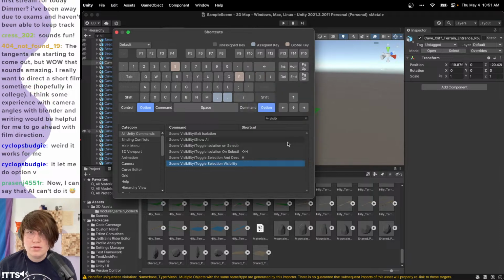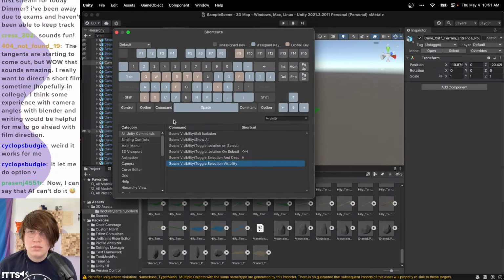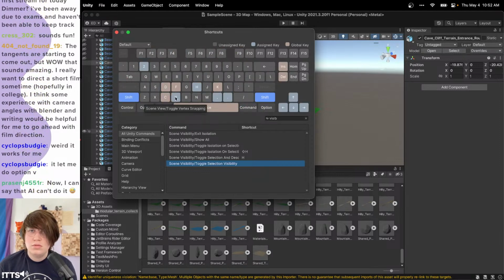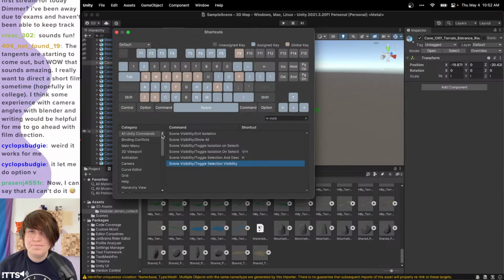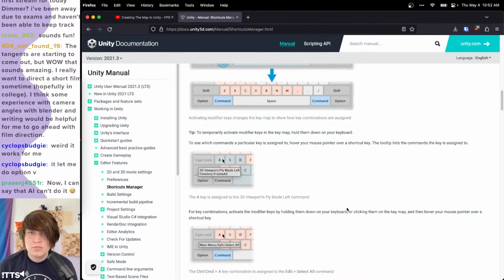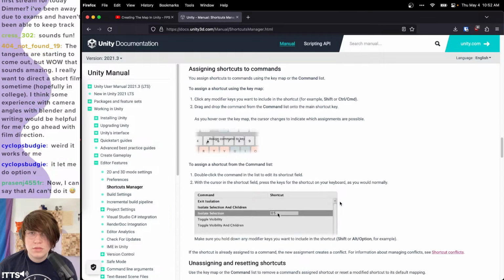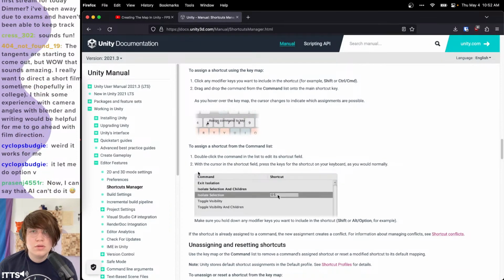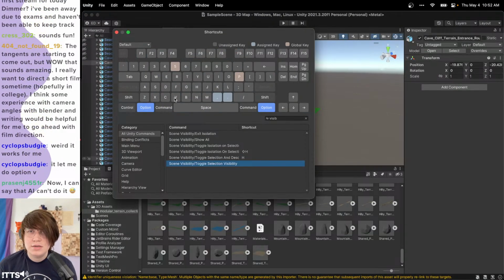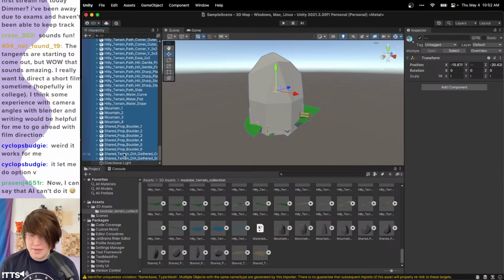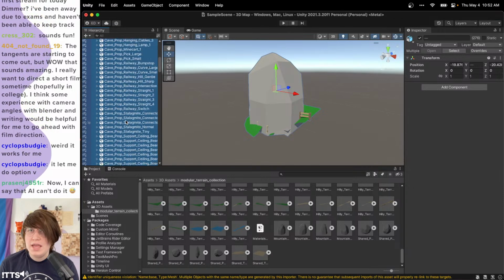The key V. Okay, let's try this. What? There we go. Okay, that worked. I don't think it should have had to be that difficult. But hey,